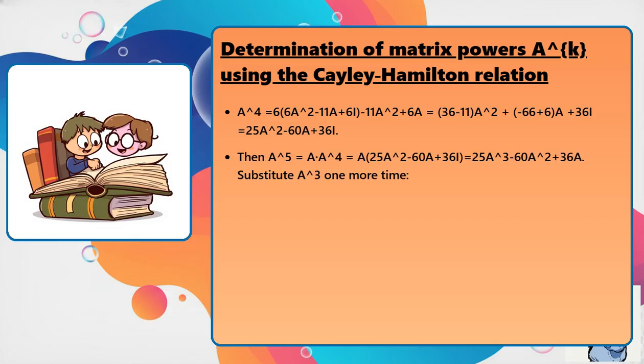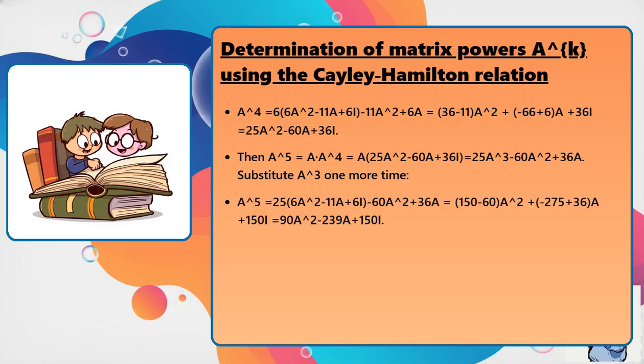Then A^5 = A·A^4 = A(25A² − 60A + 36I) = 25A³ − 60A² + 36A. Substitute A³ one more time. A^5 = 25(6A² − 11A + 6I) − 60A² + 36A = (150 − 60)A² + (−275 + 36)A